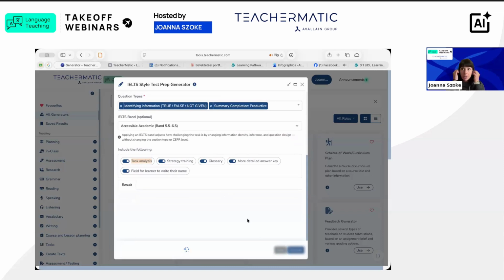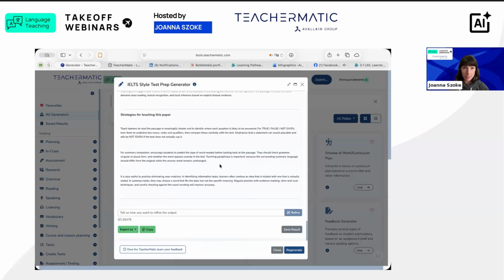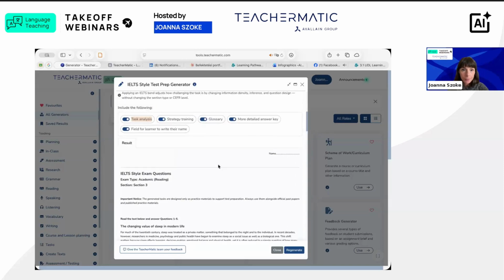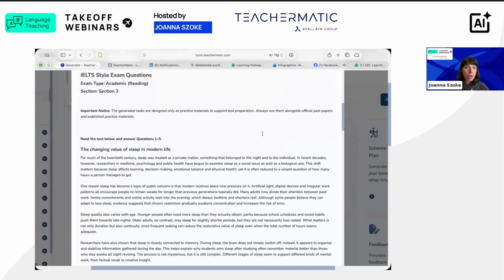This might take some time because we asked for a lot of things, but once we have it, it's going to look like a long list, like a long text, but when you click on exporting PDF, it's going to look nicer. So there we go. Lots and lots of things here. Okay, so let's see what we got. Since we asked for the name field, we have it at the top. We also have